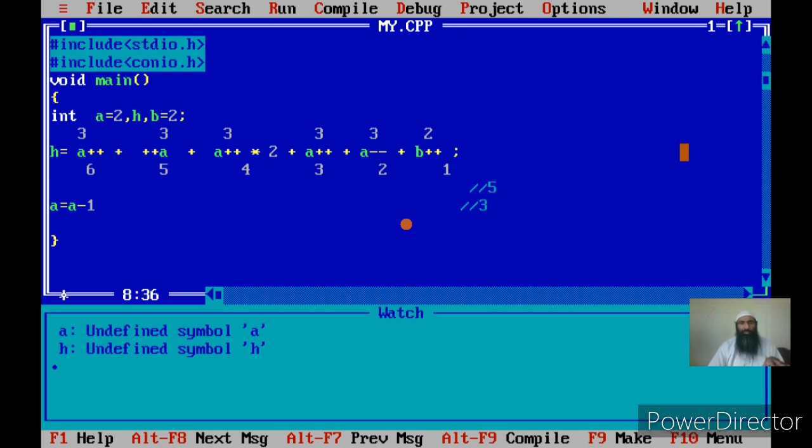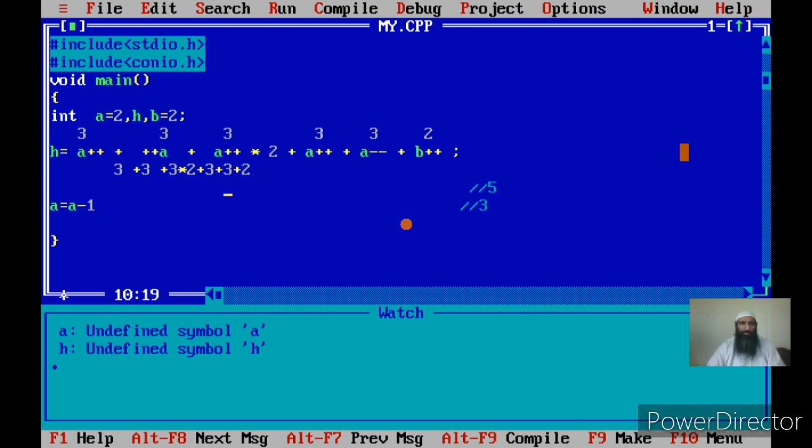Now once we have done all this, the expression will be evaluated following the rules of precedence and associativity. So we have something like this now: 3 plus 3 plus 3 into 2 plus 3 plus 3 plus 2.